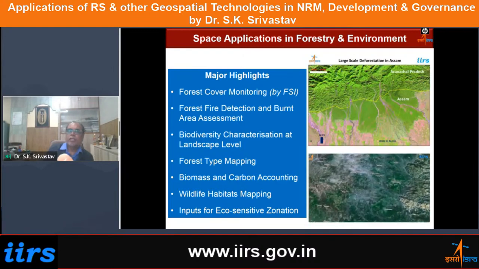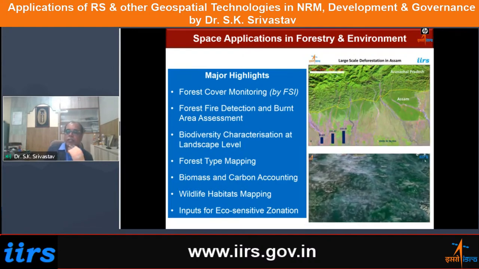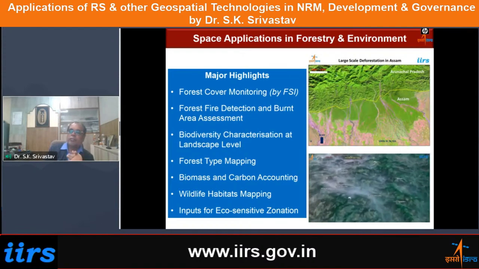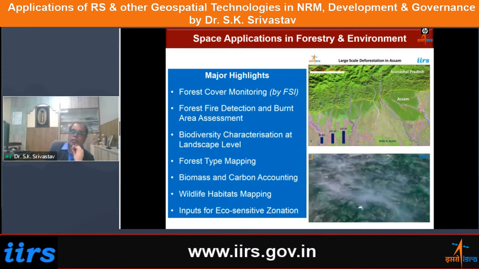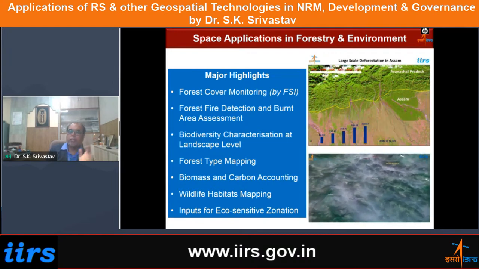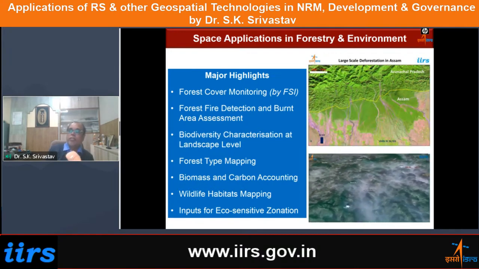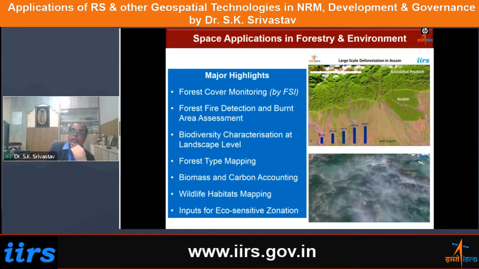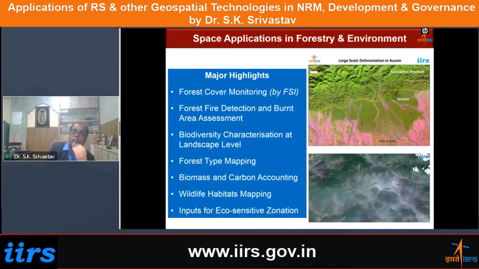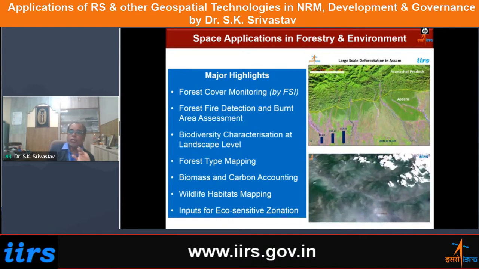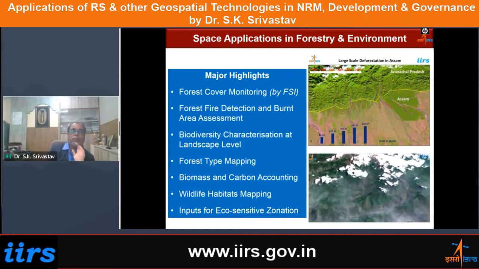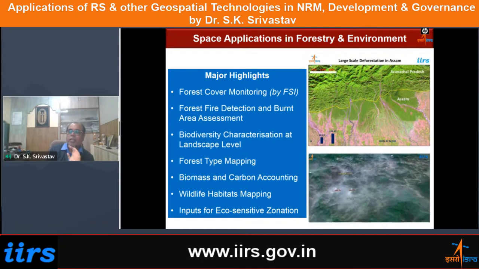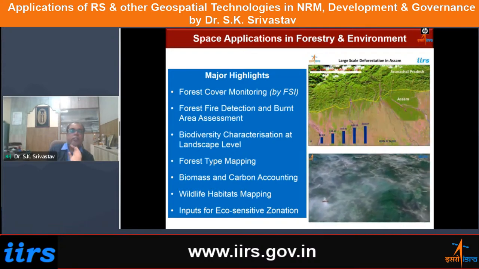In Forest Survey of India, they superimpose the forest administrative boundaries and so on. Basically, they do the value addition of the forest fire products, and then that information is passed on to the people working on the ground in different forms, including SMS alerts, to take actions wherever forest fires are there. So this is another very big area wherein in near real time the forest fires are being detected, mapped, monitored, and then actions are taken on the ground.